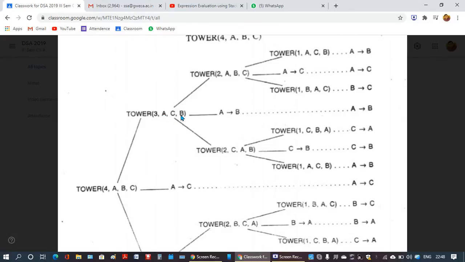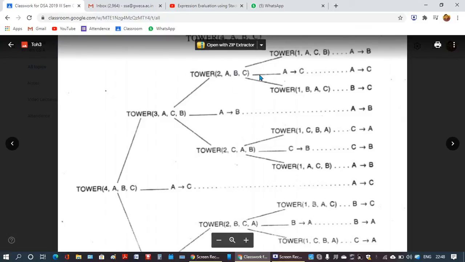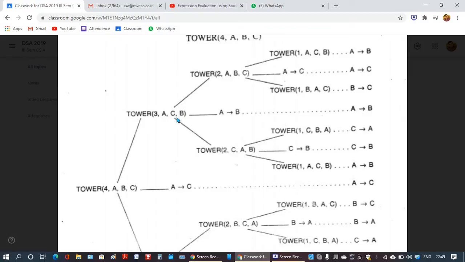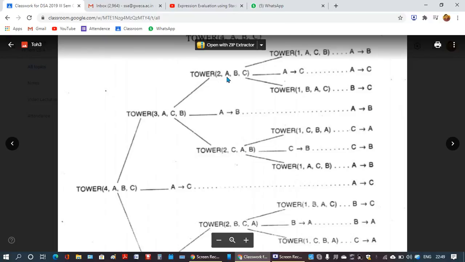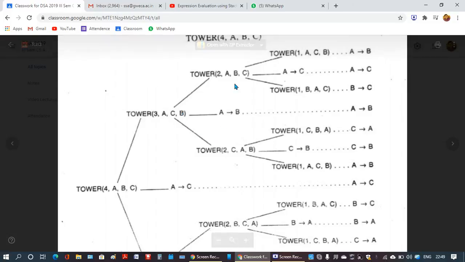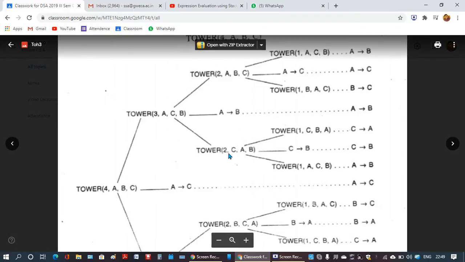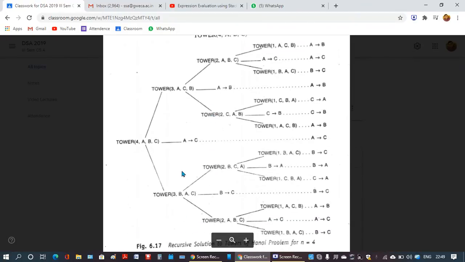So you want to shift from A to B, so you first shift 2 disks from A to C. So this problem is represented in this way: 2 disks from A to C and B is auxiliary. Then one disk directly from A to B. There is only one disk now, so A to B, this is the solution. And then those 2 disks which you have shifted from A to C instead of A to B, you will take from C to B again. So this is the solution for Tower of Hanoi. This problem's solution is generated in these 3 steps. So similarly, for this also you can generate the solution in these 3 steps.